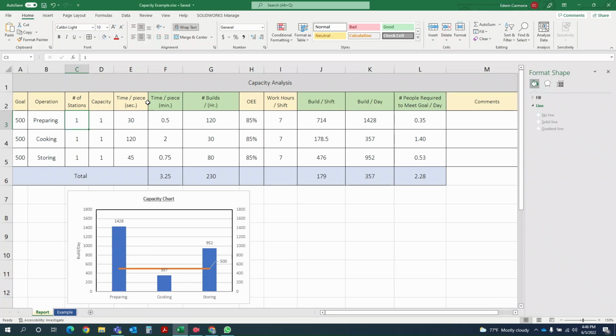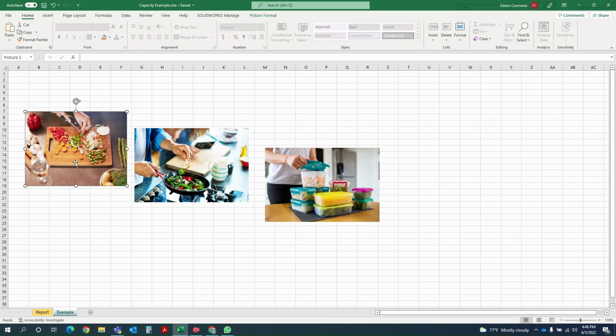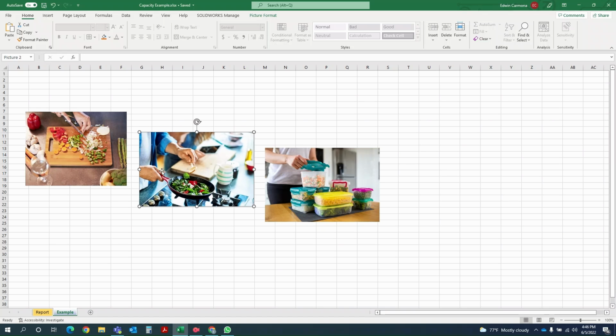We're essentially trying to create some type of capacity analysis. The easiest example I could think of, I specifically work in manufacturing, but to give you a good example, I'm just going to think of cooking. When I think of cooking, or even the manufacturing or aerospace industry, you think of the procedures and processes that you need to do in-depth time studies of. So for this example, I'm going to use cooking or